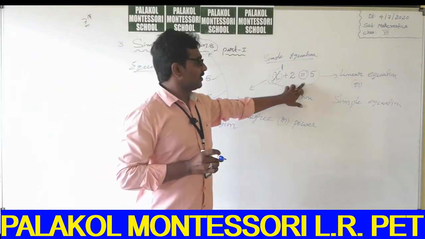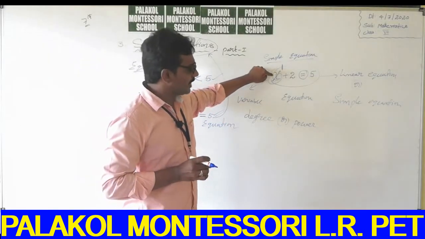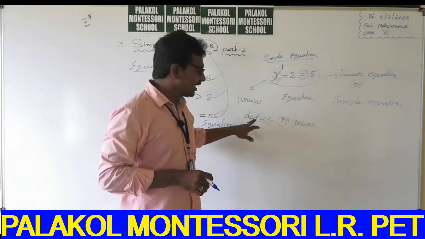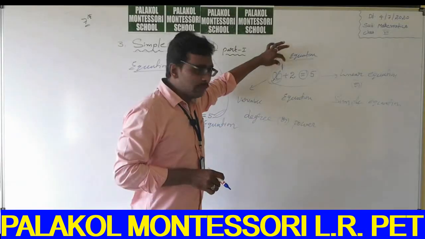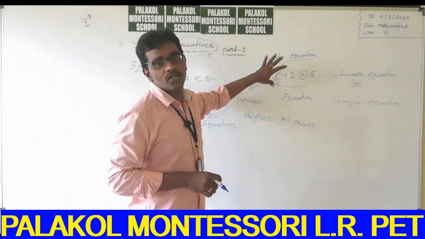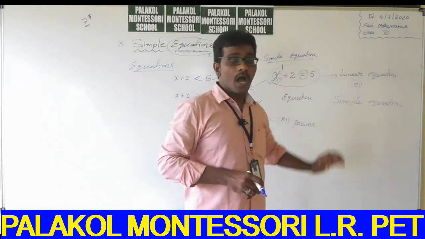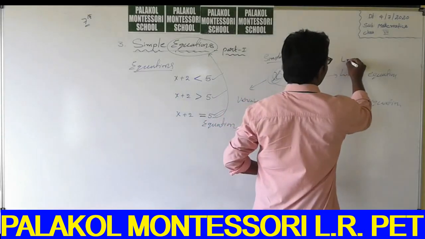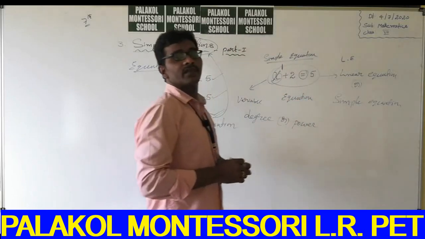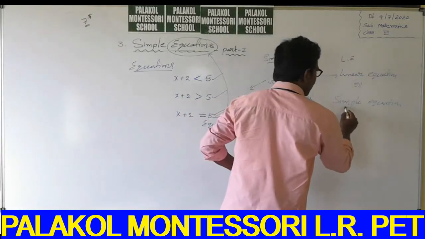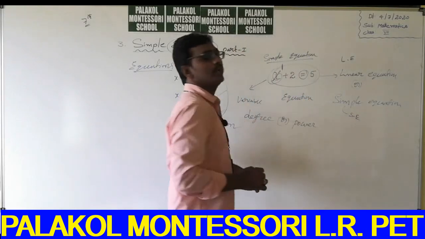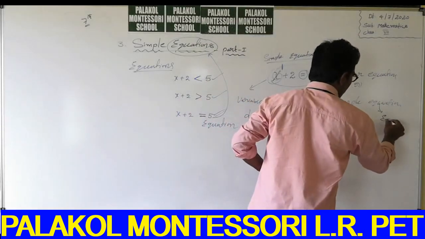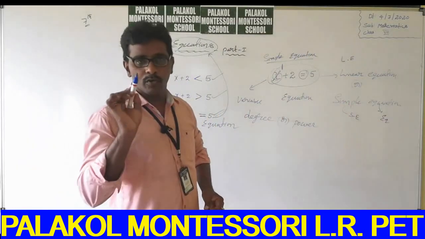Here one equation is there. In this equation, the variable is x. The highest power, or in mathematical words the degree, is only 1. That type of equation is called a linear equation or simple equation. The short notation for linear equation is LE. LE means linear equation. The short notation for simple equation is SE. SE means simple equation. Generally, the short notation for equation is EQ. Okay guys, keep these words in your minds.